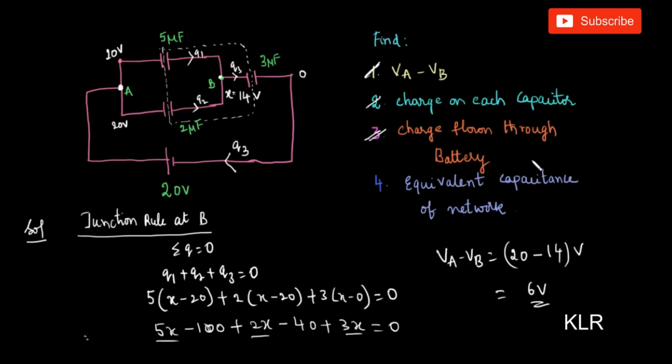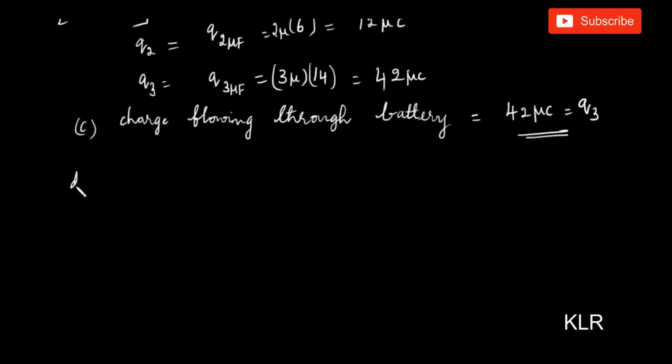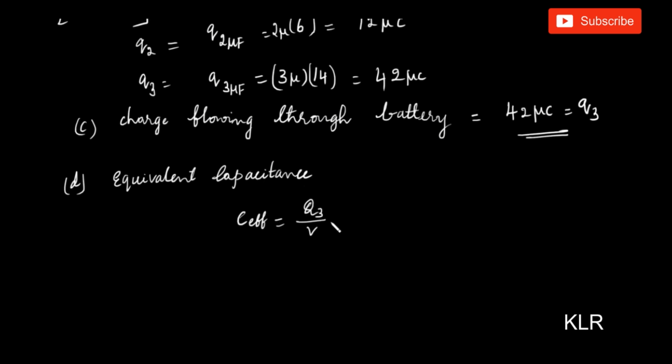Now equivalent capacitance of the network, so this equivalent capacitance of this network we need to find. Equivalent capacitance is nothing but C effective is equal to Q3 by V. This is nothing but charge flown through battery,